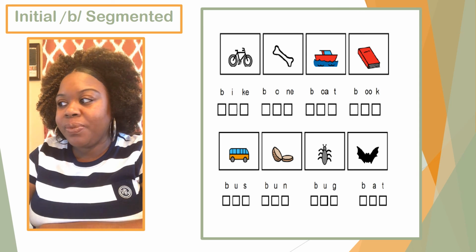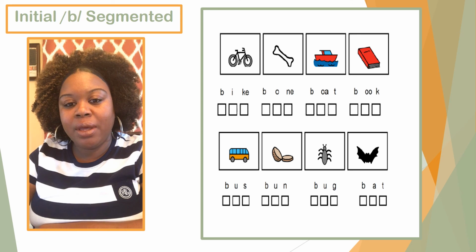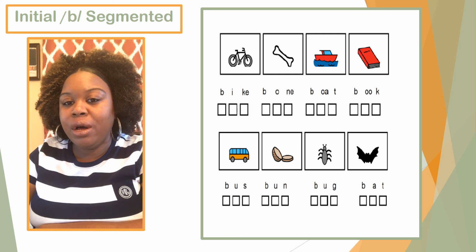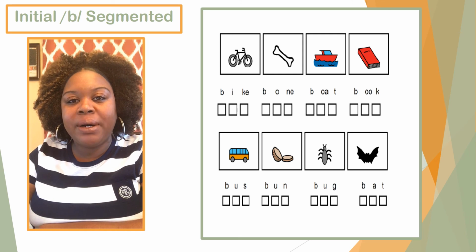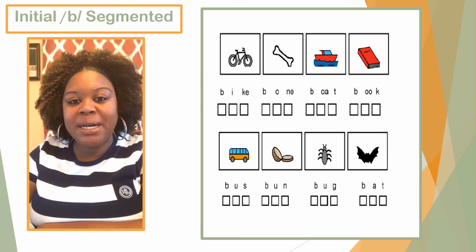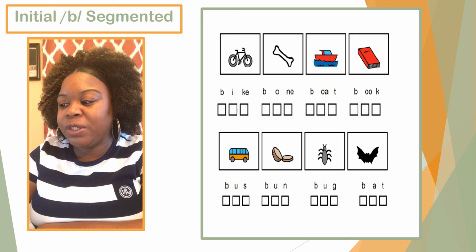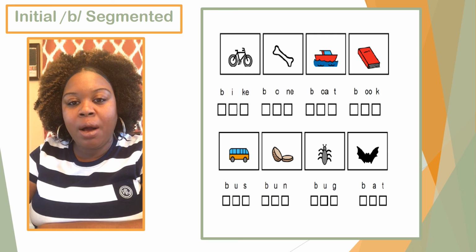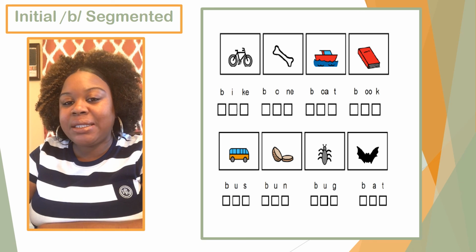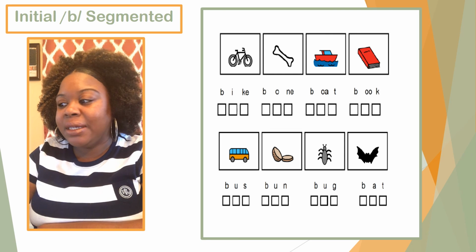Great job. Let's go to the next one, which is book. You're going to put your finger under the first letter B there. B, K, B, K, book. Let's go to the second row. We're going to start with bus. Put your finger under the first sound, which is B, and follow along. B, S, B, S,